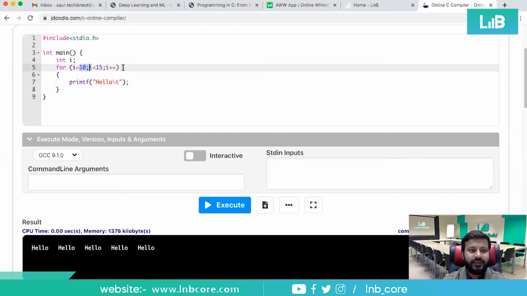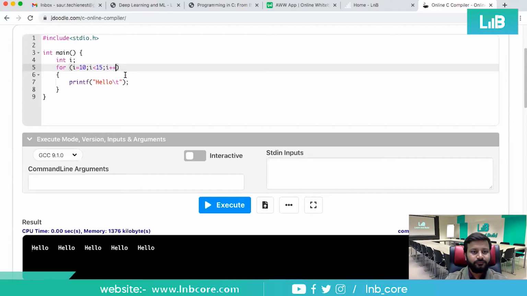Right? So what happens in this case? The initial value of i is 10. This is a range. Range means you're starting from 10 and you will go up to 15. And this is a symbol where we are checking for less than 15. It means inside this for loop, the first condition is for the starting value, this is for the last value, and this is for the relation value, like how you will increment the value of any particular variable. So here i is 10 and will be going up to 15 with the relation of plus plus, which means i is equal to i plus 1. Every time the value of this variable will be increased by 1.